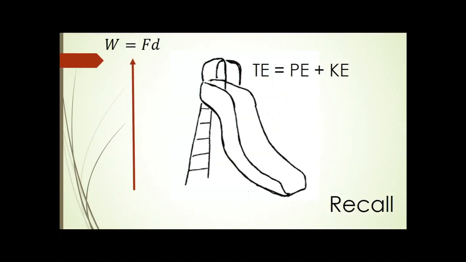Well, remember back in Physics 1, we talked about potential energy, we talked about kinetic energy, and a variety of different things. If I look at the slide, the total energy in the system is going to equal the potential plus the kinetic energy. And the work gets us back towards that potential energy. So if I had potential energy due to gravity, that's mass times gravity times the height,